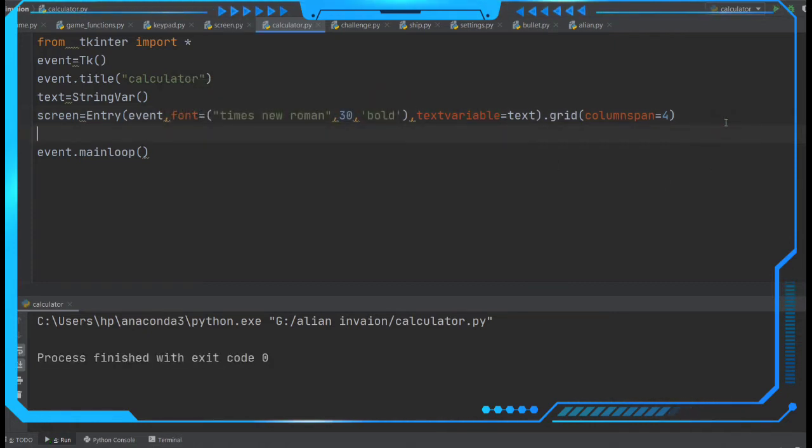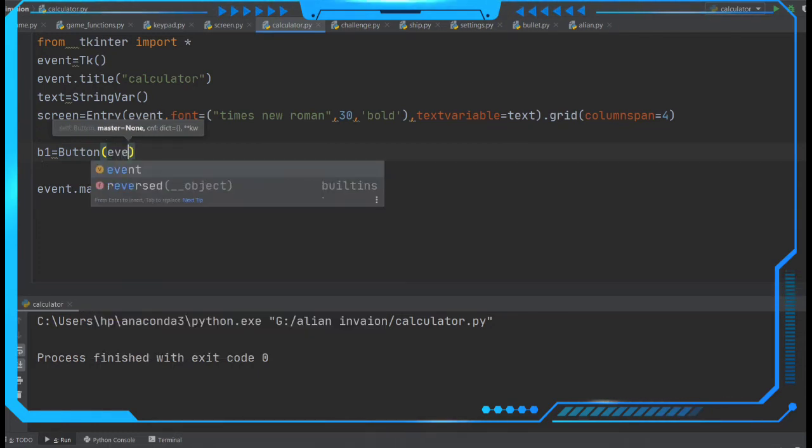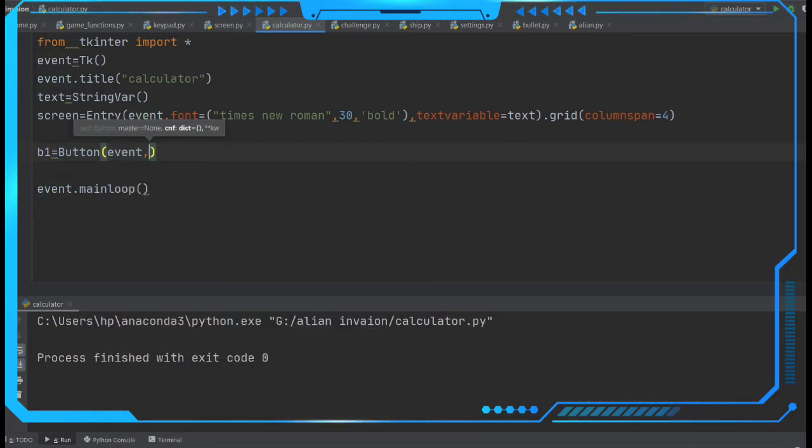Next of all, we have to create the buttons, like button 1. So to create this button 1, we have a keyword called button. Button 1 is going to call the event first. Afterwards we have to call text here. So the text here equals 1.